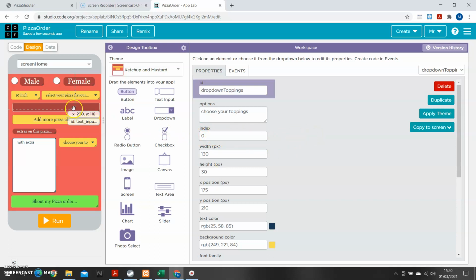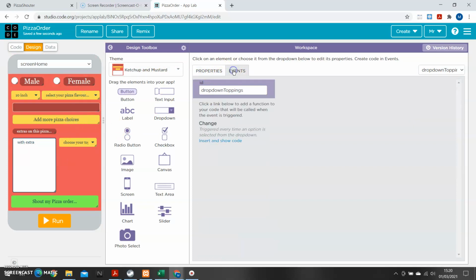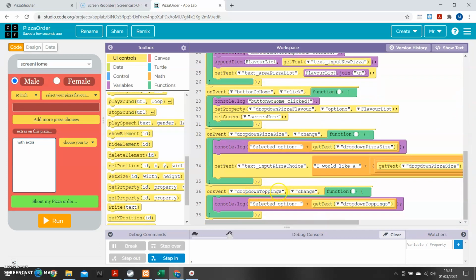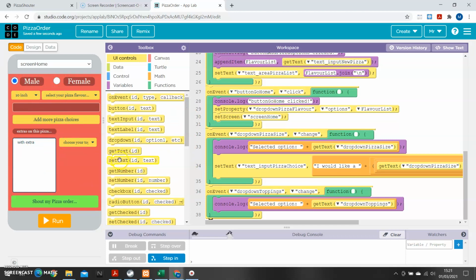When we make a change, we want to add what we've chosen onto this list here. So back in events view, so choose this drop down, go into events and insert and show code. So when drop down toppings changes, so I must have made a choice if it's changed, what I then want to do is I want to take this text area here and I want to add more text into it. So I'm going to set the text of